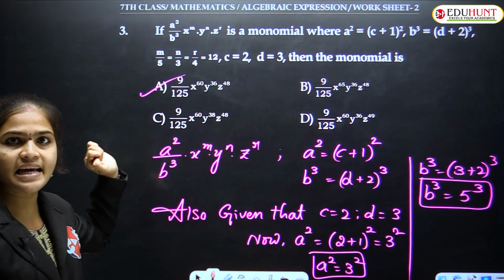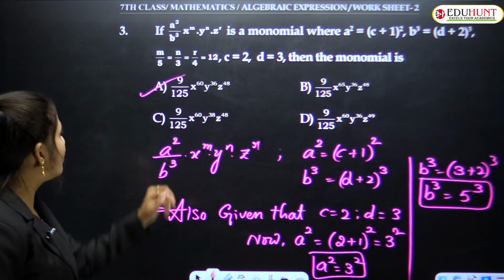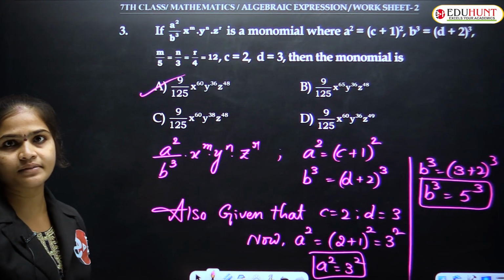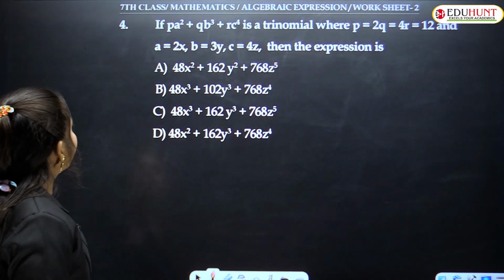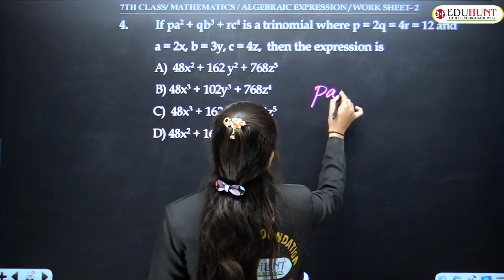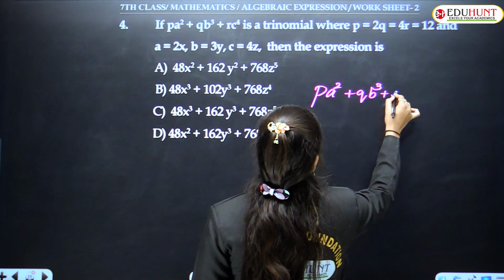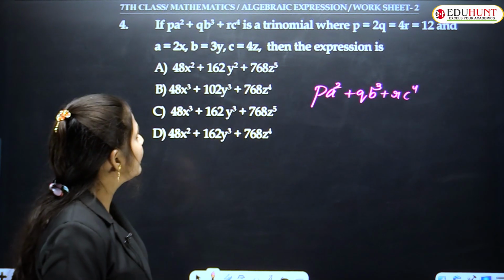Then here which option is satisfying? Option A is satisfying, that is 9 by 125 into x power 60, y power 36, z power 48. Okay? Yes. Next see that here, p into a square plus q into b cube plus r into c power 4 is a trinomial, okay, where